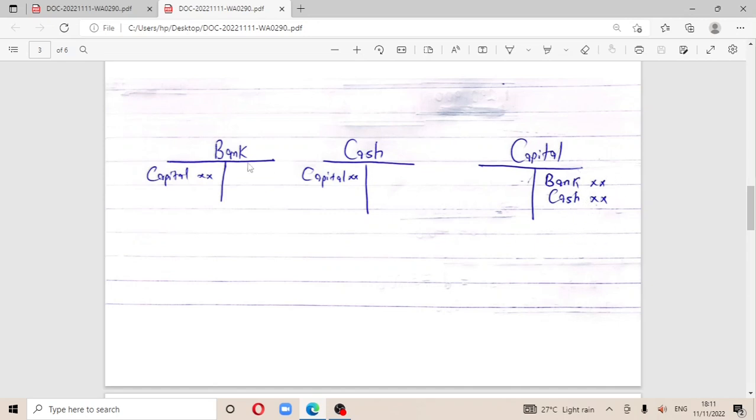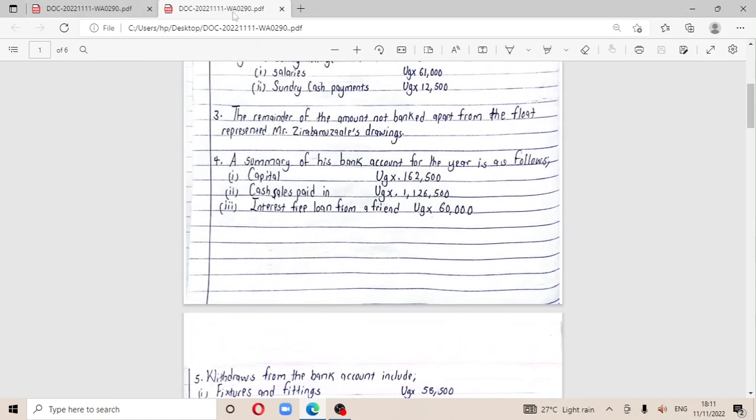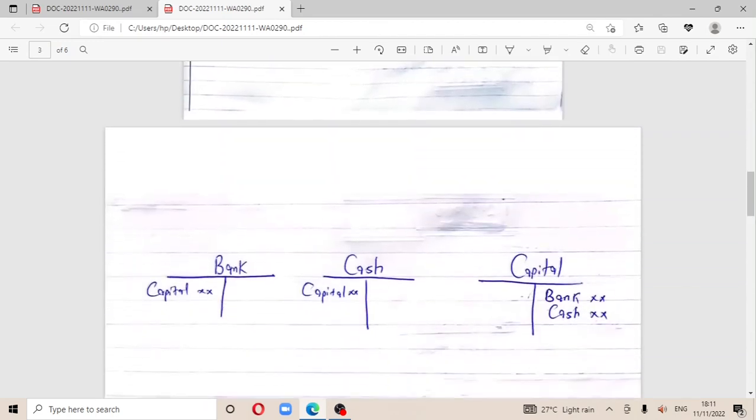In this question they gave you a summary of the bank account and you're having capital. So meaning that when you're presenting capital in the